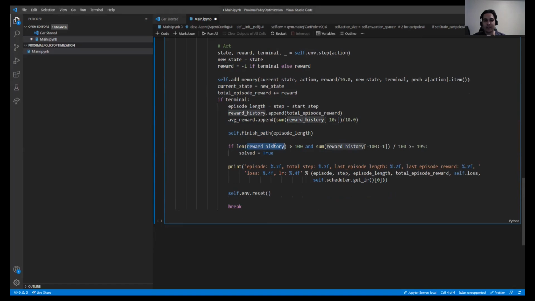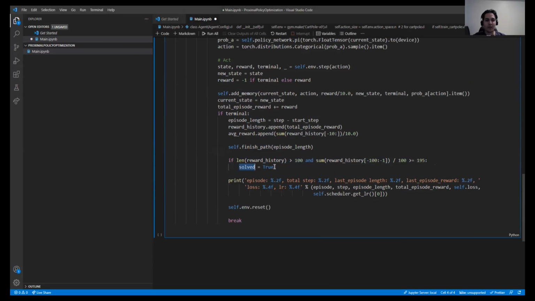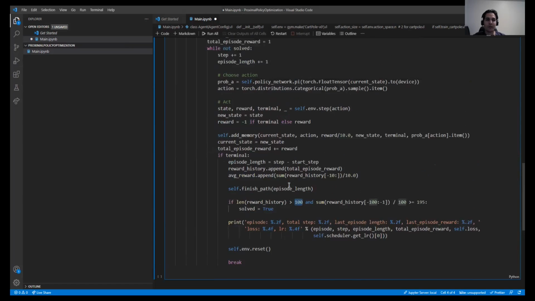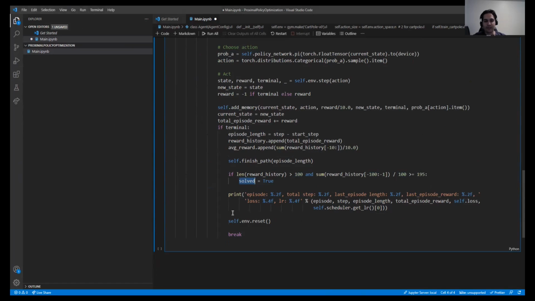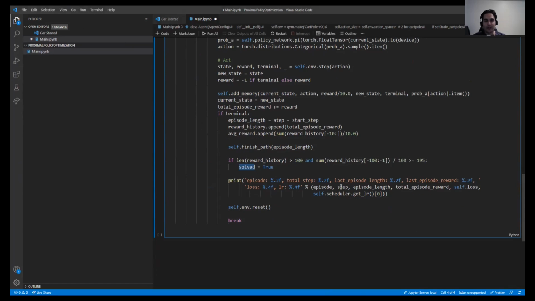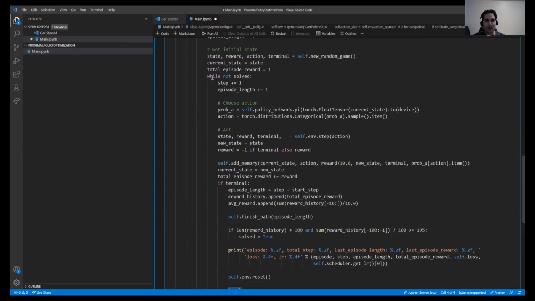And we say if the reward history is bigger than 100, this is something that we can work on, and we can say solved is true. So we are saying that if we have 100 iterations, and also the rewards that we got from the trajectories satisfy this condition, we can say the problem is solved. After that, we print the trajectory that currently we have, and also reset the environment and break from this while loop and go to the